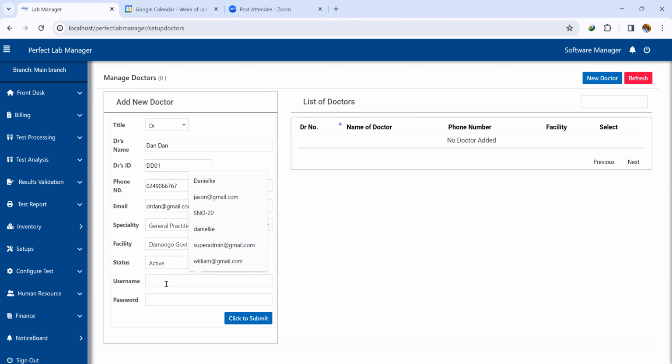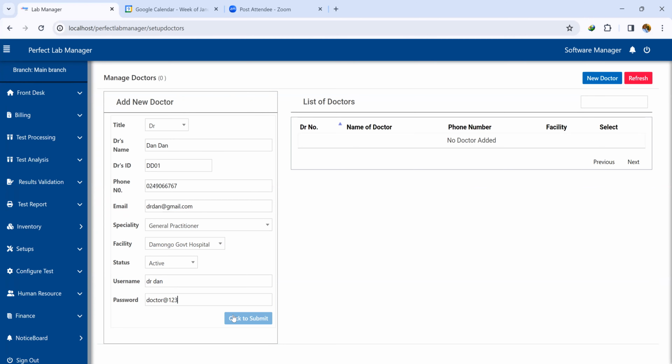These are credentials you give to the doctors to be able to access the platform, so that if they have sent a request to you, they can also have access to the patient report, not the test process, but the patient report whenever it is ready. So they can also track the number of cases they've given to you or can communicate with you when need be. So we're going to give a username, Dr. Daniel or Dr. Dan, and then we give him a password,